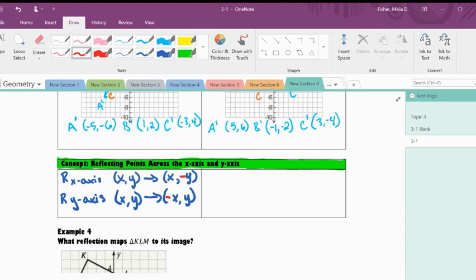There's another line that we reflect across, and we're going to go ahead and introduce that example here. Actually, I'll put it in the next